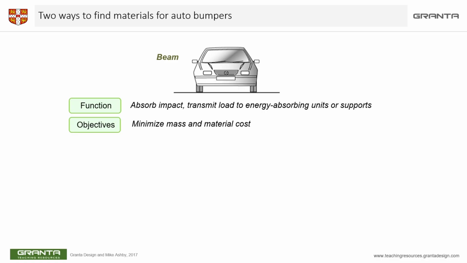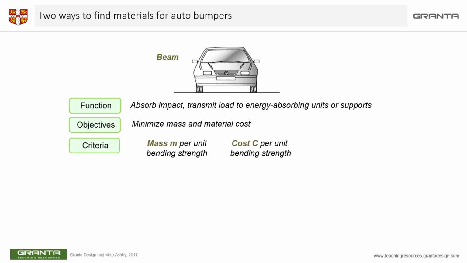There can be other objectives as well. Like I said, you can think about the energy absorption or the fracture toughness as well in these contexts. But to keep the example simple, in these slides, those objectives are not considered. Okay. Now, in terms of the criteria, the mass per unit of the bending strength is something that we are trying to essentially